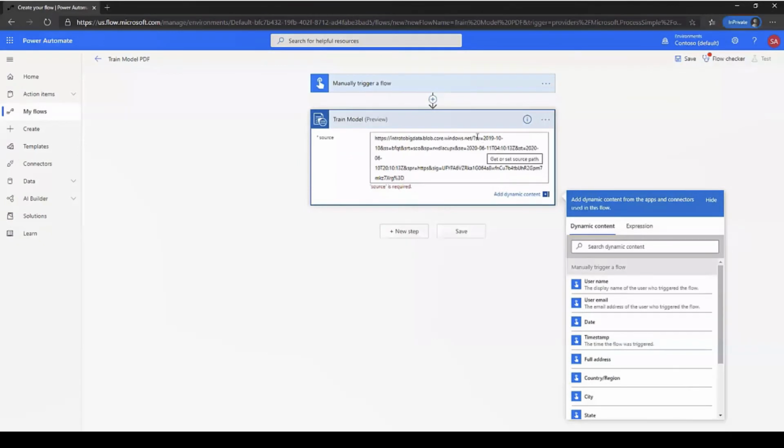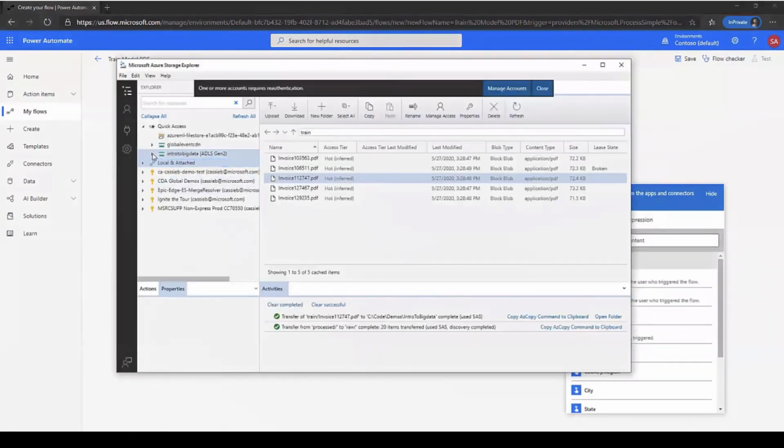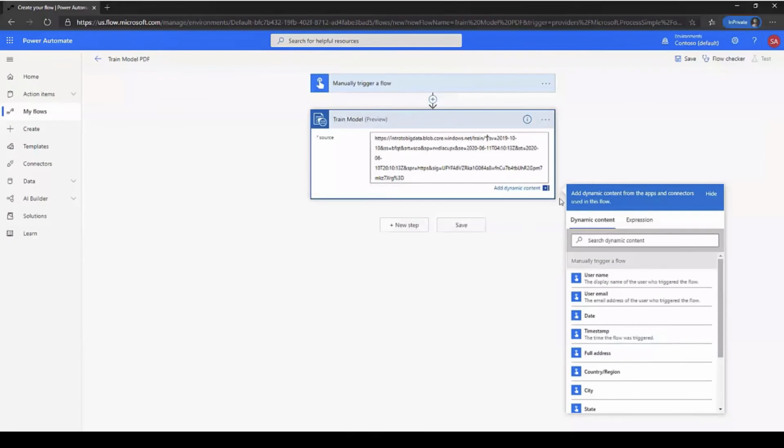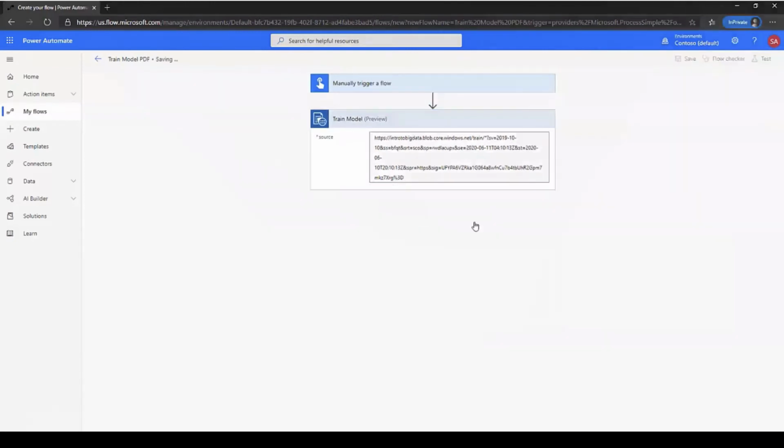The other thing that we need is, this brings us to our storage account, but we need to tell it which folder, so our container. We want to do the train folder and then slash everything. So we're saying we want everything in our train container to use on this particular one. Cool. So we've given it our data source. If we take a look, as we saw before, here's our training data that we're grabbing for training our model. We can click save